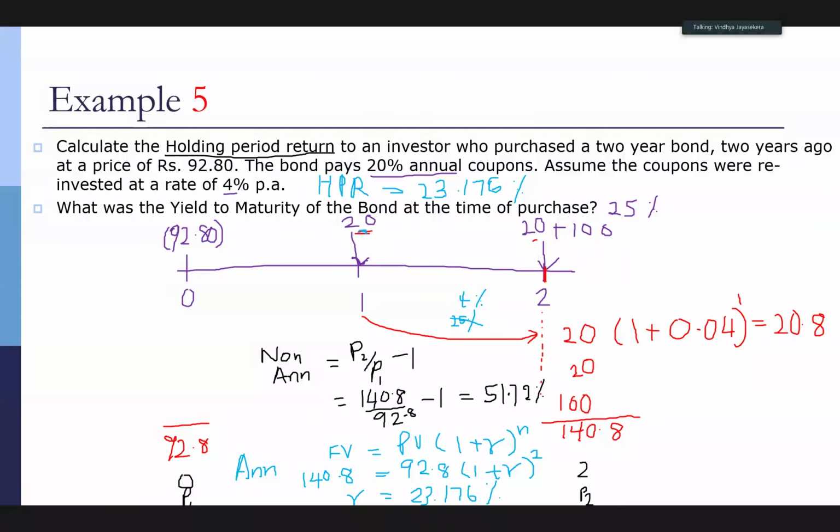If you took a 10-year bond and you reinvested 9 different coupons at 4%, then the impact to you would be very high. Okay. So here the impact is not too bad just because it's a 2-year bond and the coupon is reinvested at this very low rate for only 1 year. But you can see even with that very low rate for only 1 year, there's still like a nearly 2% impact on your return. So